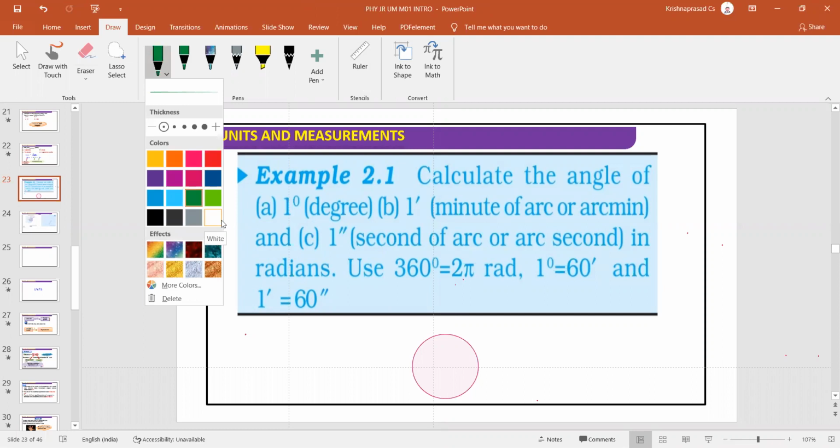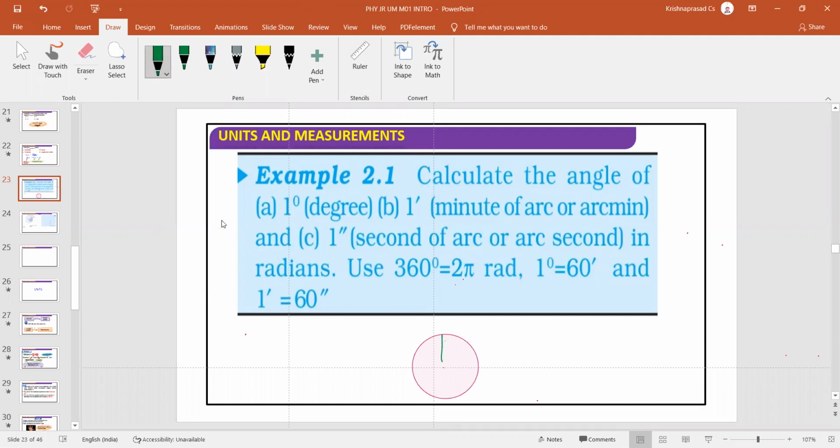Suppose the line AB represents the minute hand. Once it completes this entire rotation, the angle swept by AB is equal to 360 degrees. So once this minute hand completes the whole rotation, the total time covered is